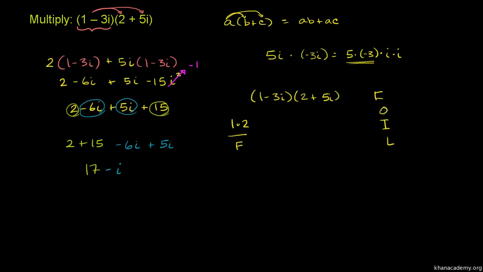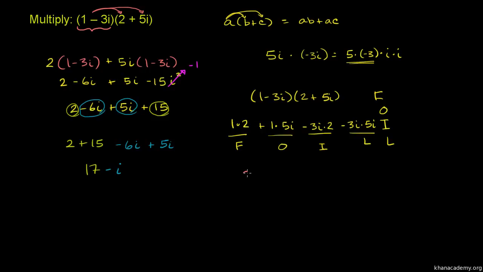Then it says, let's multiply the outer numbers times each other. So that's 1 times 5i. This is the O in FOIL, the outer numbers. Then we do the inner numbers, negative 3i times 2. Those are the inner numbers. And then we do the last numbers, negative 3i times 5i. These are the last numbers. That's all that FOIL is telling us. It's just making sure we're multiplying every part of this number times every part of that number. And then when we simplify it,